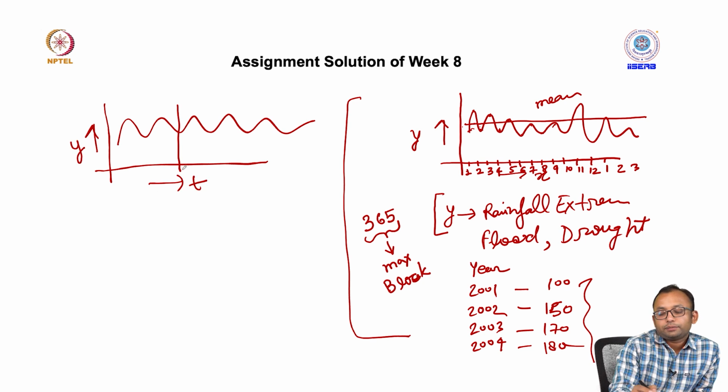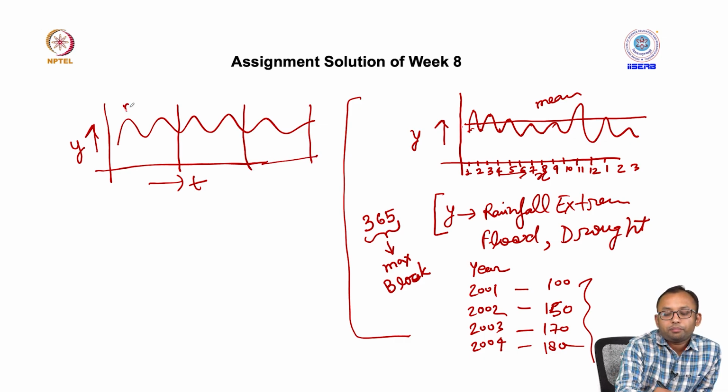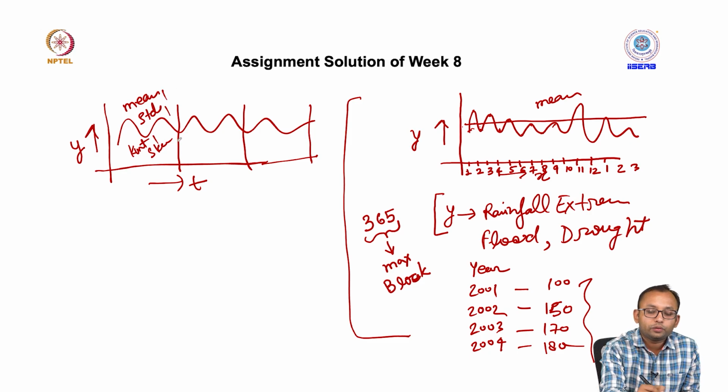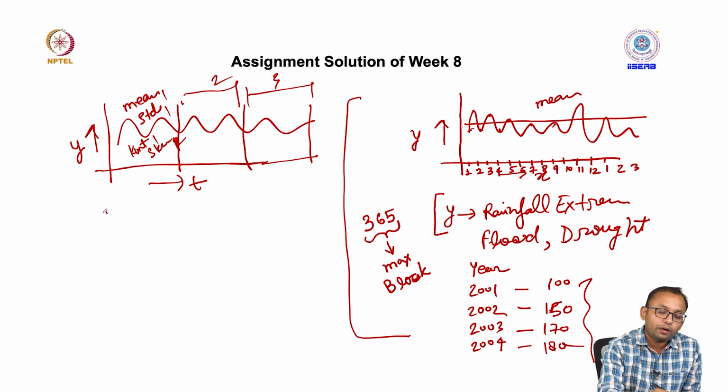If you take this part, or this part of the data set and calculate the mean, standard deviation, or other properties of the distribution such as kurtosis or skewness, and similarly calculate all these variables for another part of the time series, and then compare all these statistical properties,